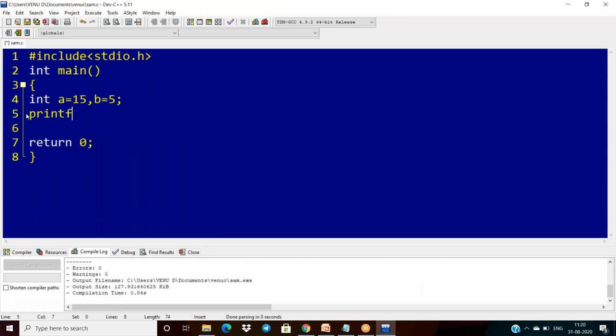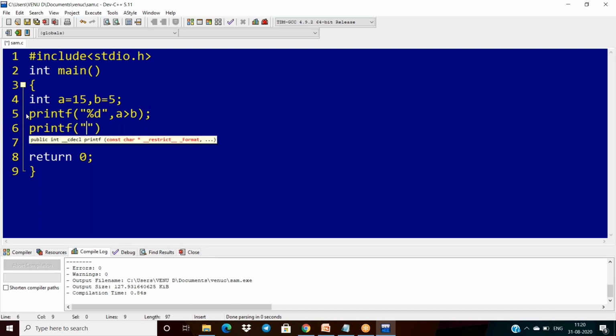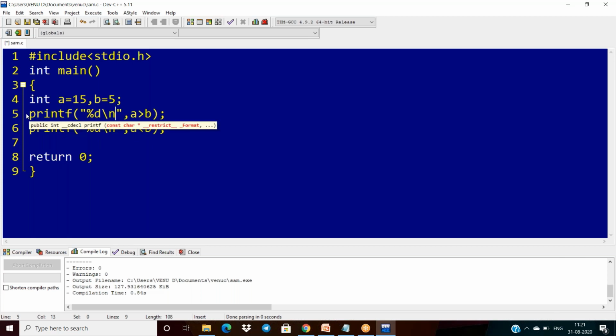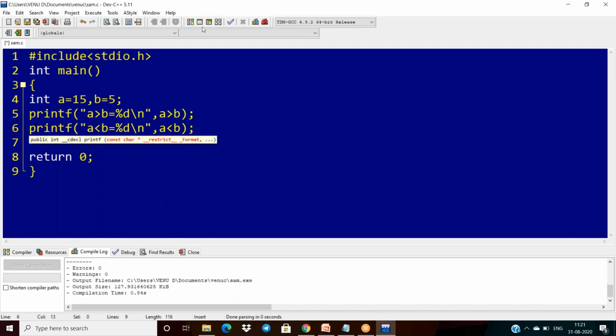See what I'm doing here. I can write printf with percentage d, a greater than b, and another printf with percentage d, a less than b, with a slash n. Now see the expression here.